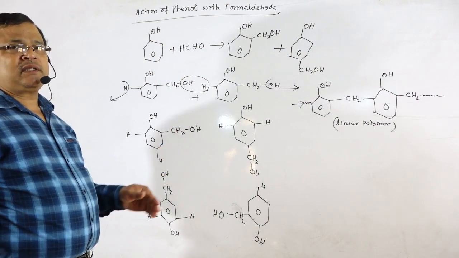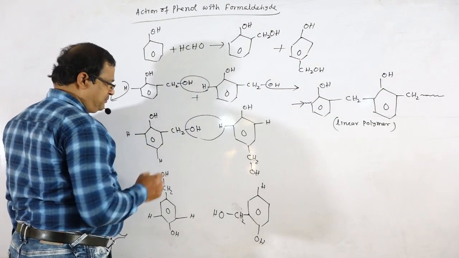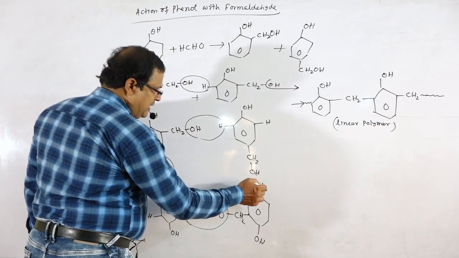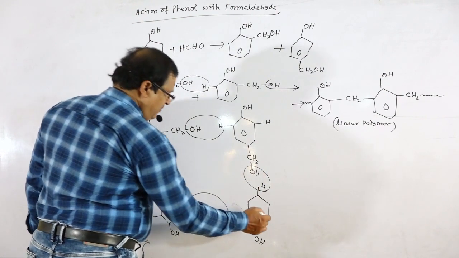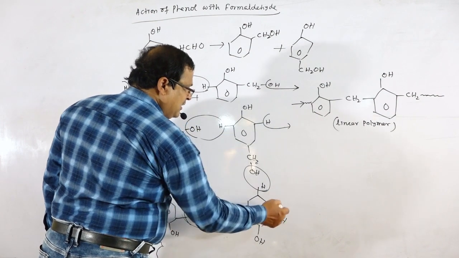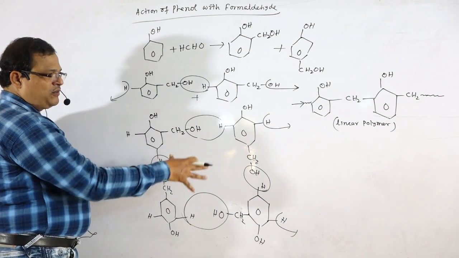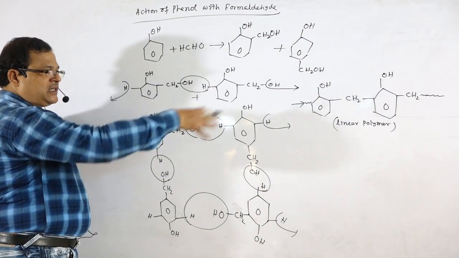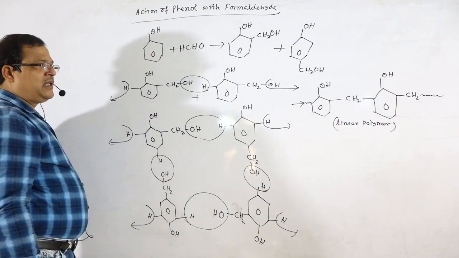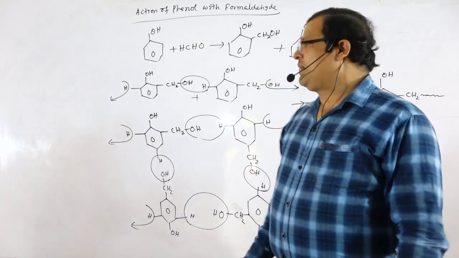Then how is the species produced? H and OH combine to form water. This H again and OH part of the other, H again, OH part of the other, because this is not only a 4 molecule combination, a large number of molecules just like this will combine. So the H part is removed. Then what will the product so formed be? How do we write that product so formed?